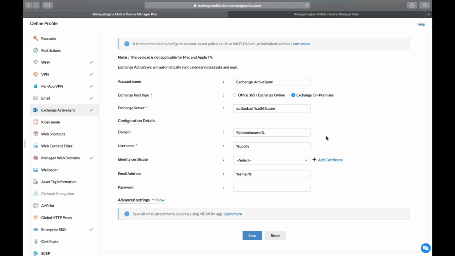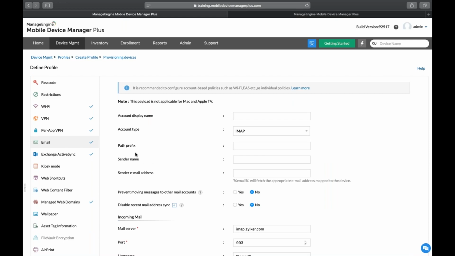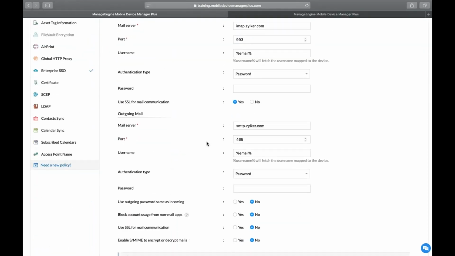the device itself. But in a case you are not using email services, Exchange ActiveSync or Exchange on-premise, you can go for the email service configuration over here. So if you're using Zimbra Mail or other mail services, you can just mention the account type, whether it's IMAP or POP3, and all these required details can be filled and distributed to your devices as well. So we would configure the email service on the devices, even if they are not Exchange ActiveSync or Office